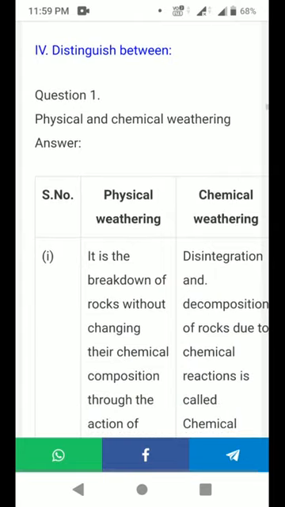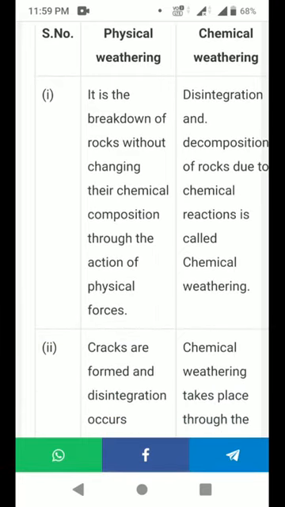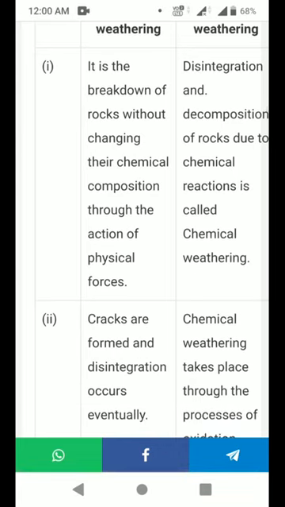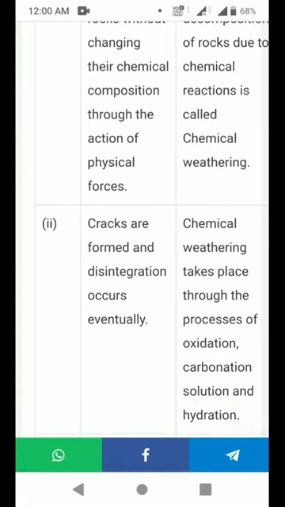Next, distinguish between. First question, distinguish between physical weathering and chemical weathering. Physical weathering is the breakdown of rocks without changing their chemical composition, through the action of physical force. Chemical weathering: disintegration and decomposition of rocks due to chemical reactions is called chemical weathering. Cracks are formed